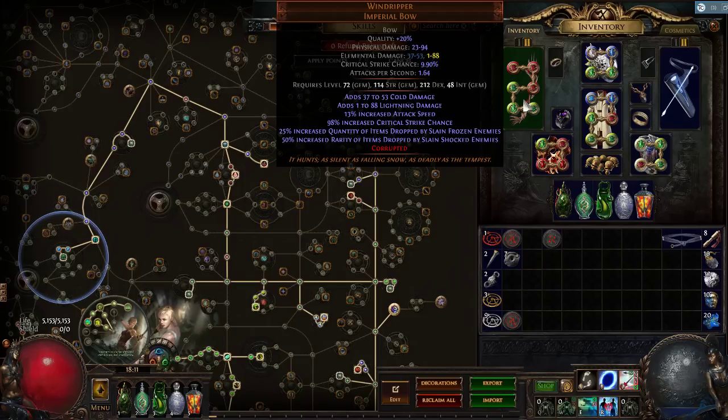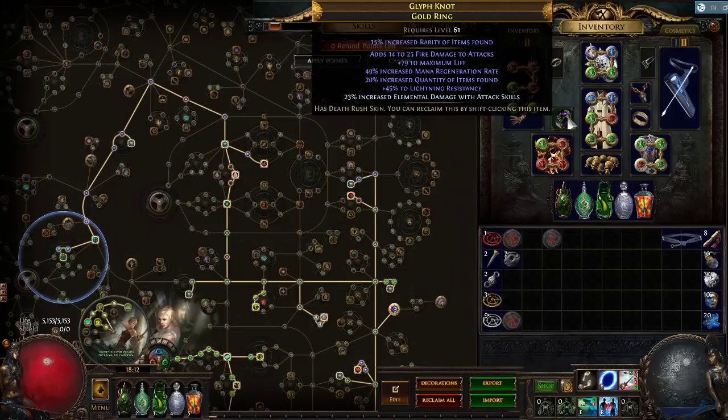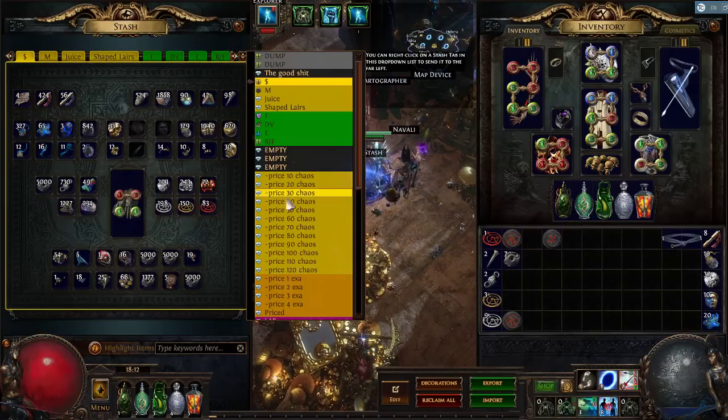This is a legacy version. It does not exist in leagues. The newest version of the bow has comparatively less base crit strike chance. What this means is that you will deal a little bit less damage, but it's pretty marginal, so the build functions pretty much the same in standard as it does in league. In league, you won't be using a rare legacy quantity base like you see here. You will be using a